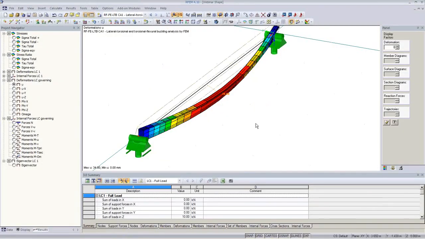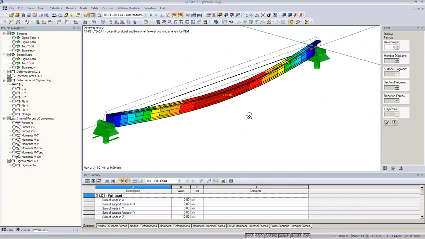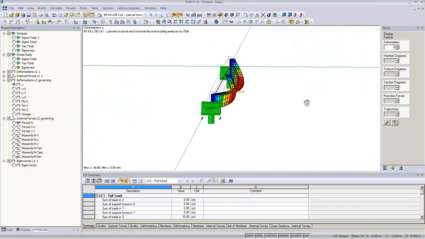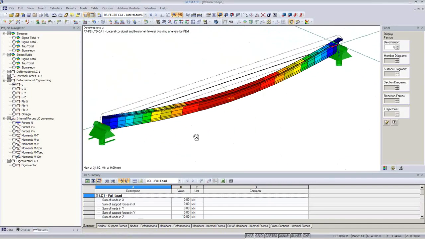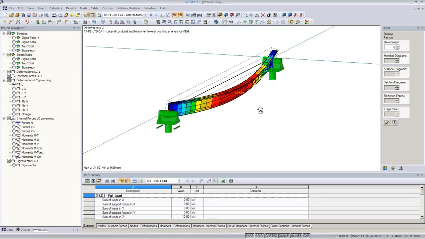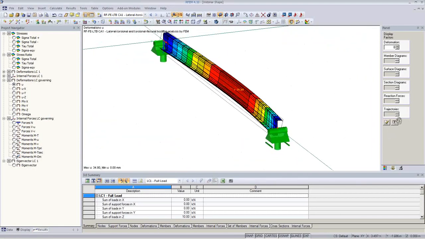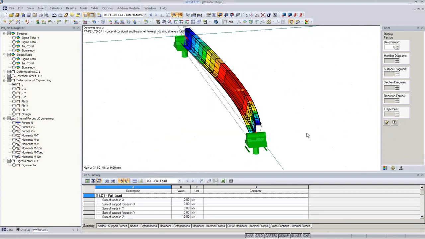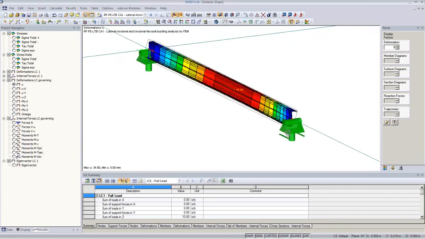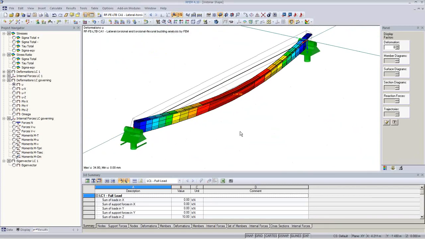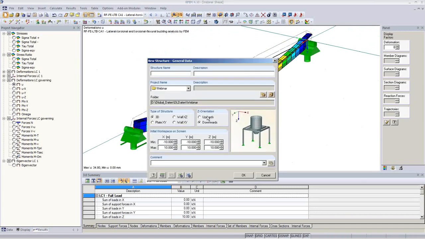In RFEM I will also create a new structure. What you see here is the final result of what I'm going to do now. It will be a 5-meter long beam with a linear load on top, and we will do an analysis of the critical load and show some tools you have inside RF-FE-LTB. We start now a new structure inside RFEM, and I can call it sample 2 maybe. It's a 3D structure,